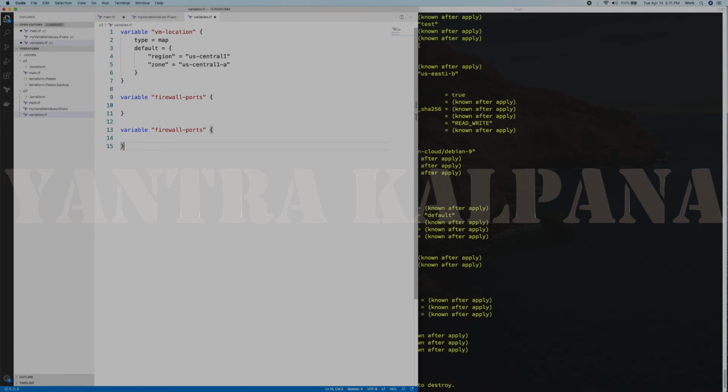We'll supply this one as side door. So both of them will use list type. List of string, default is equal to